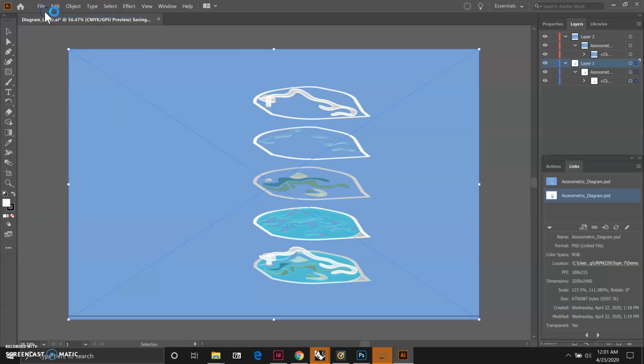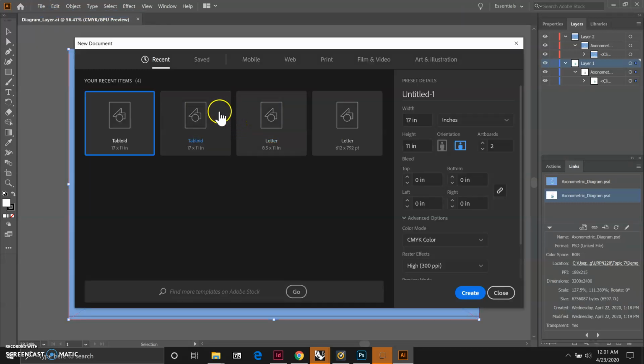Now let's create a new Illustrator file just so we can experiment with a different workflow. This time around, we're going to use two artboards. So we're going to use two artboards to differentiate two layer comps. Before, we only had one artboard and we used two different layers to differentiate layer comps. Let's just type in